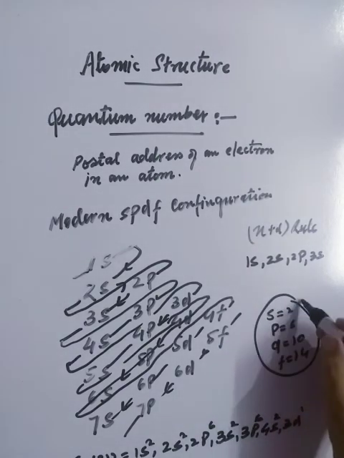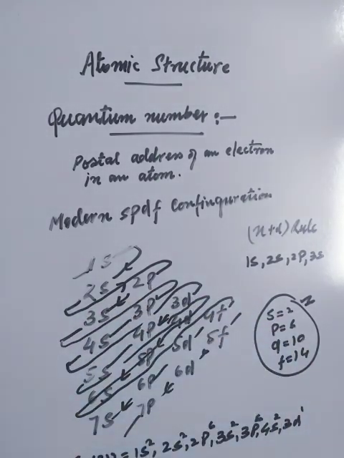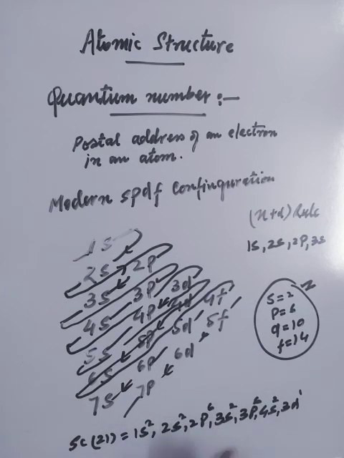We must know the maximum electron capacity and the sequence of orbitals, and then we can fill the electrons, with some exceptional cases, right? Now the question is, what is the electronic configuration of ions? If we are talking about the scandium ion, Sc plus, then one electron will be lost. If one electron is lost by scandium, the electron will be lost from the outermost shell. Now we can see the outermost shell, the maximum quantum number: 1, 2, 3, 3, 3, 4, 3. So 4 is the maximum, and the electron will be lost from 4s first.